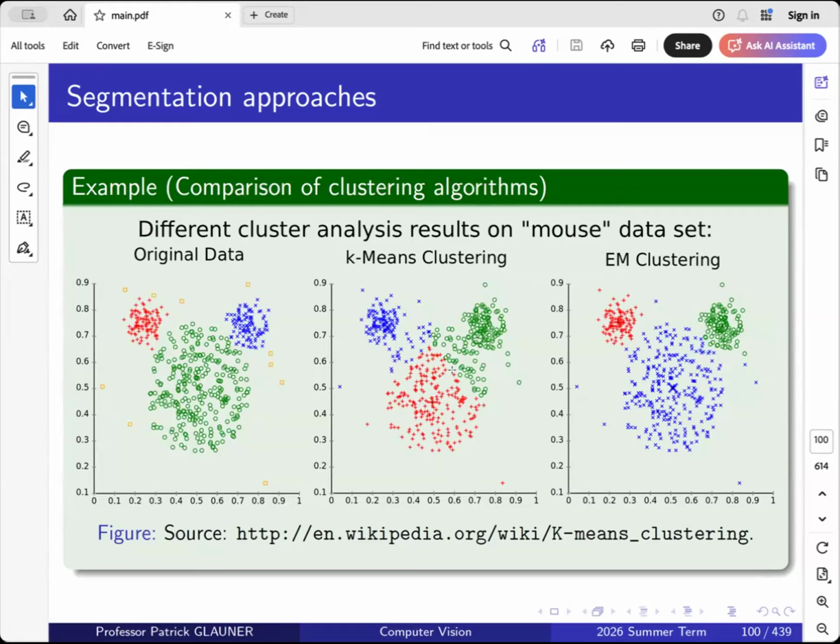But k-means always assumes that I want a circular shape. So in 2D it would be circular, in 3D it would be a sphere, in 4D it would be a hypersphere or something like this. So when we use k-means, also with this Euclidean distance, I would always get these spheres or circles,